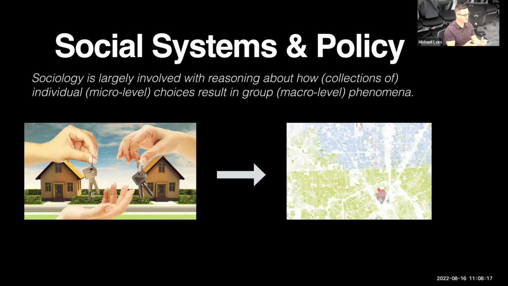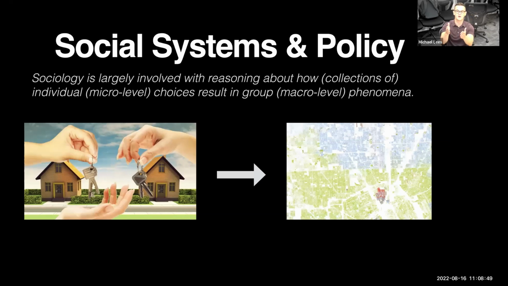So the micro is, in this case, how people are choosing to buy their house. They're looking at the neighborhood, maybe the nearby schools, the price obviously, and where their friends are. And then through these interactions, you end up with situations on the right. This is a map of a US city. I don't know if any of you know where it is. There's a famous road in the middle that divides the city. This is Detroit, and what you see in the middle is 8 Mile. You see the African-American and white American populations completely segregated.